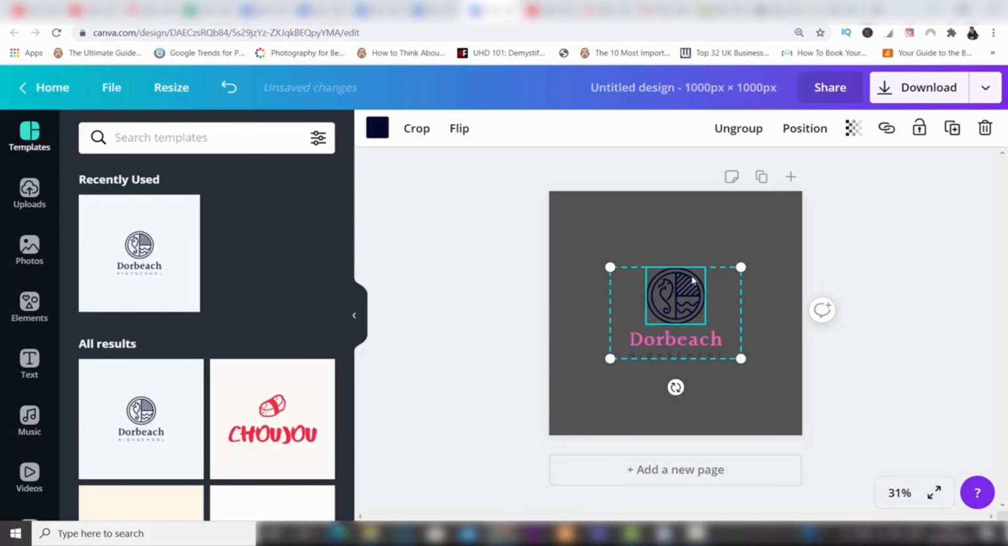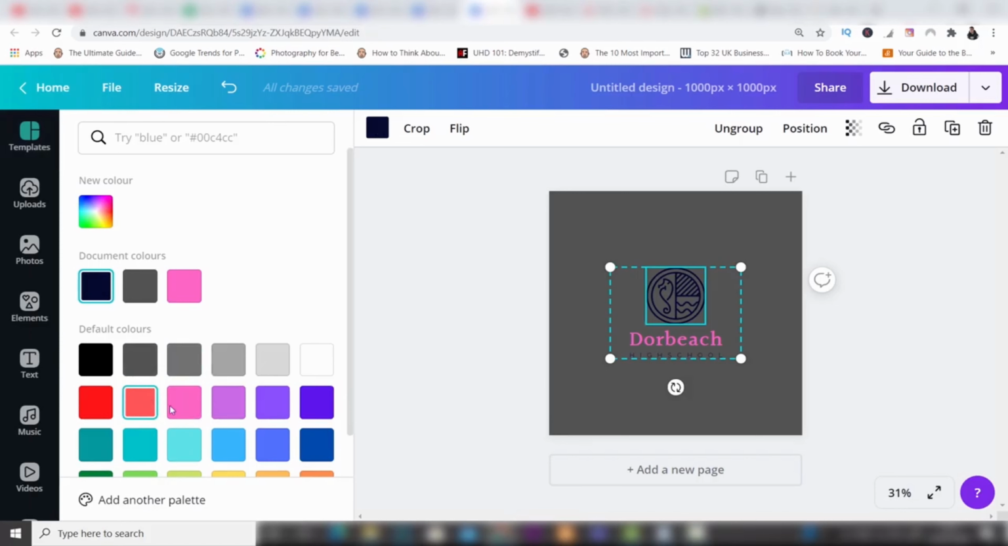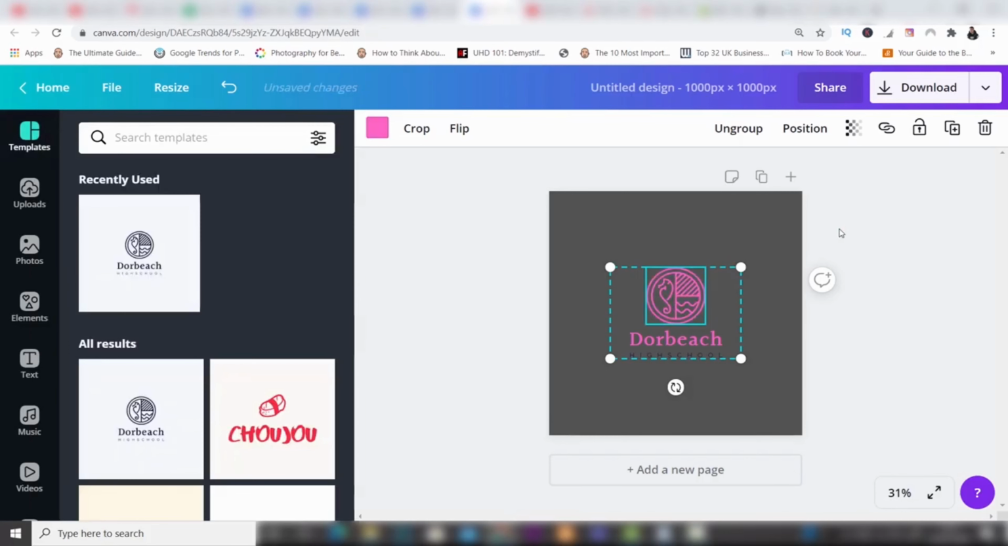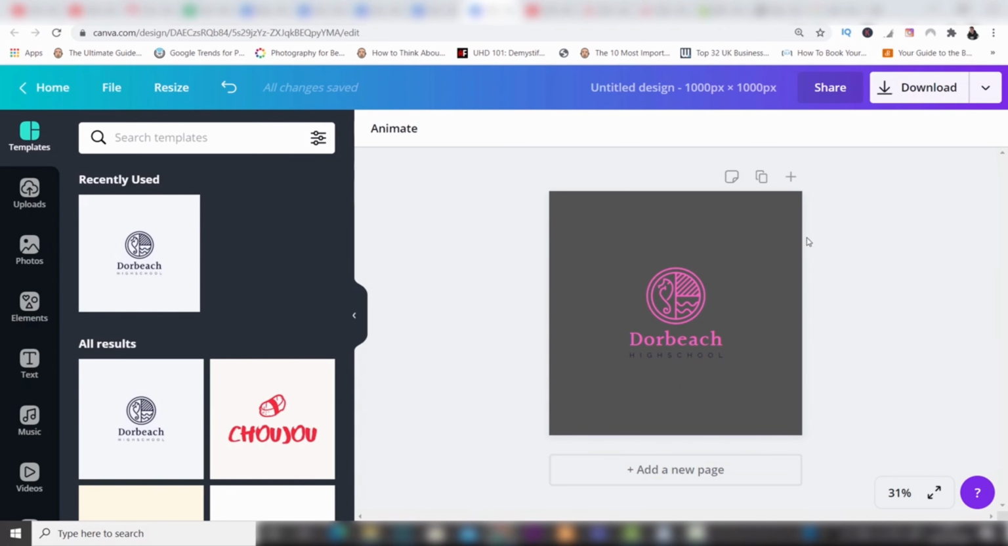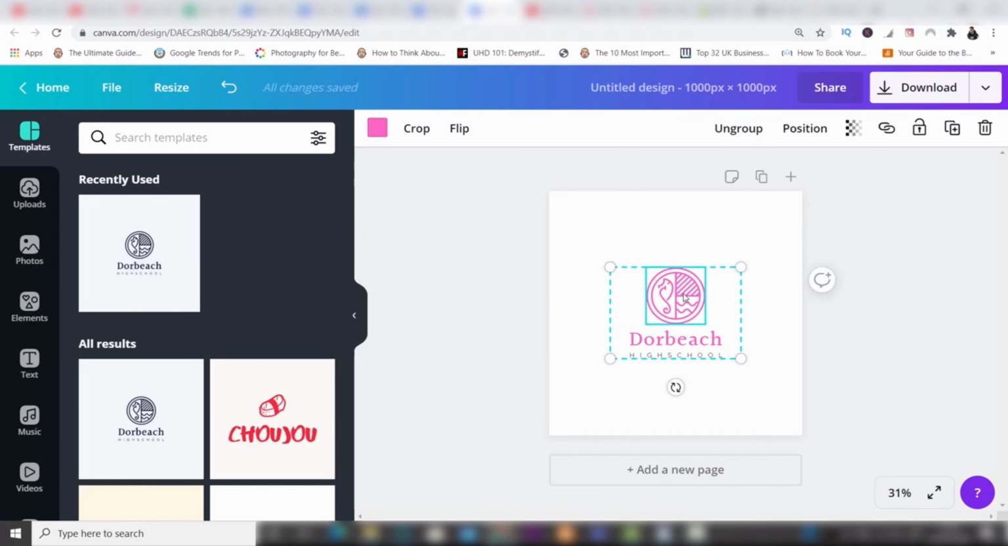And then I could change this to a different color as well. And you can see that you can very, very quickly start making changes to a design if you want to use one of the custom templates. If we click off this though for a moment, I'm going to show you how to actually create it from